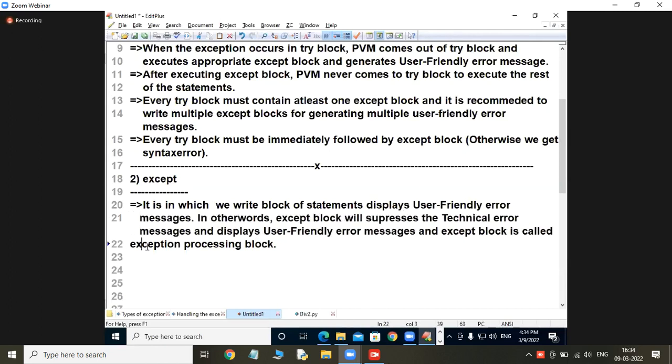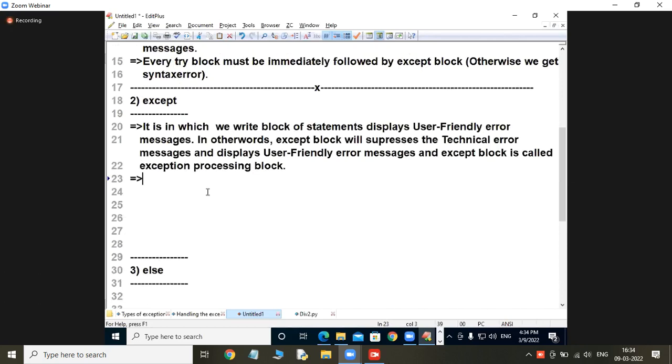So, students, observe this part. I am just giving exception processing block. I can say one simple note point here, my dear students. What is the note point? Handling exception is equal to try block plus what? Except block. Keep in mind, this is very, very important because this was asked in one of the MCQs of one company. That's what I'm writing. Handling exception is equal to try block plus except block, try block plus raise keyword, try block plus else, try block plus except.